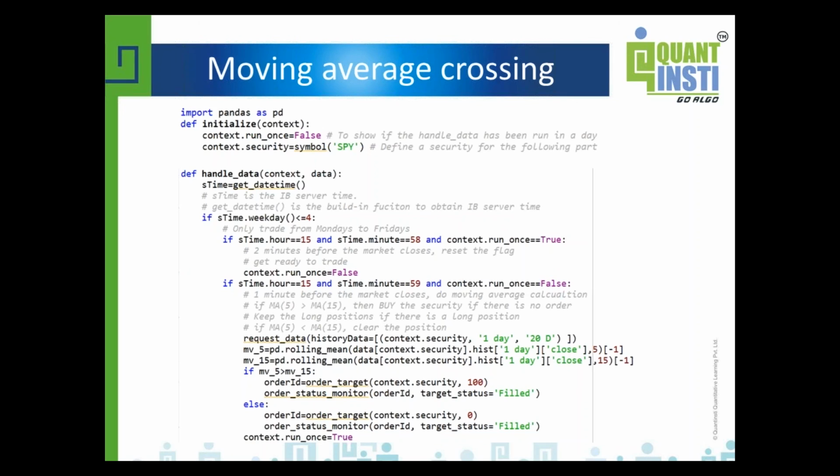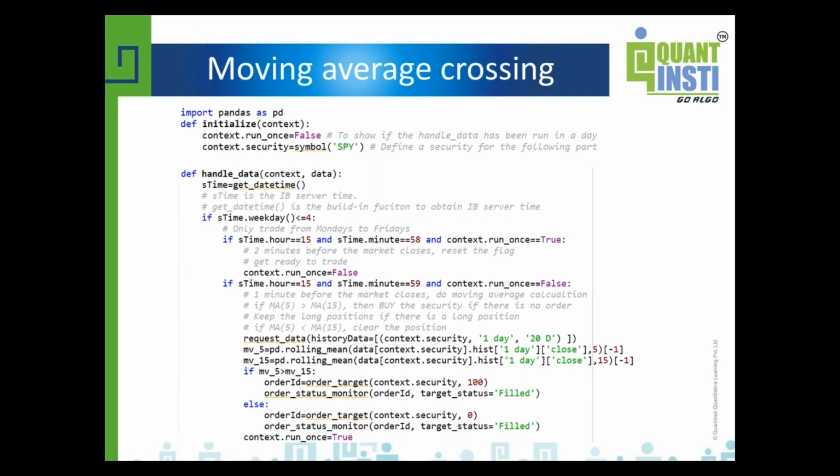In handle data, I use get data time to get the IB server time. It's a built-in function to obtain IB server time. And then time.weekday tells you if it's Monday or Friday or Saturday, because the market is closed on Saturdays and Sundays, so we only trade from Monday to Friday.